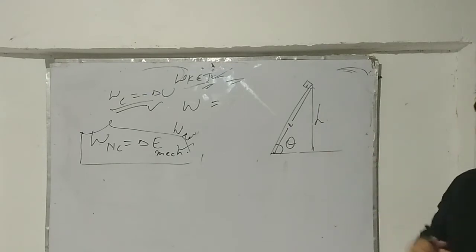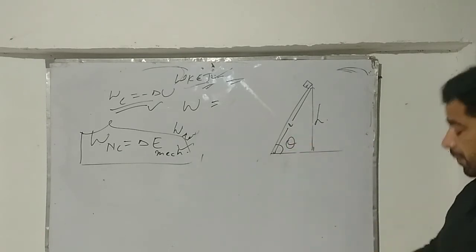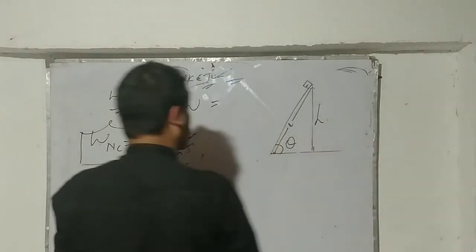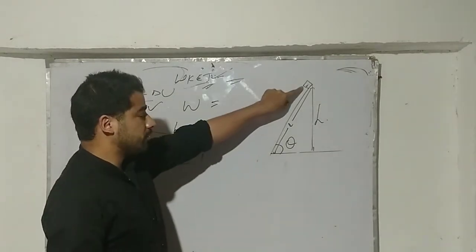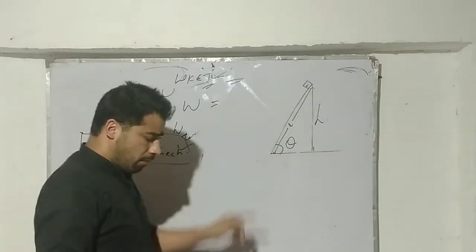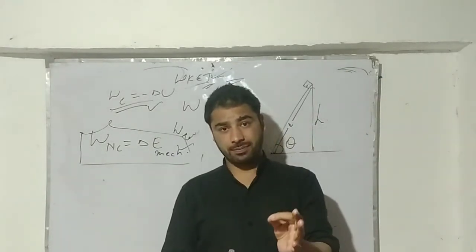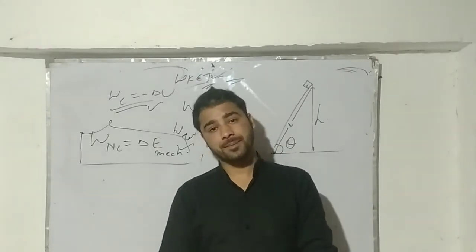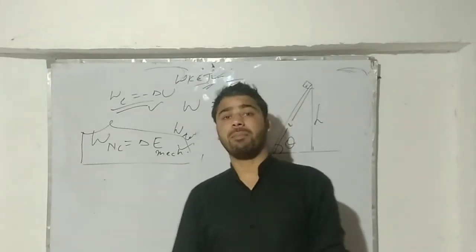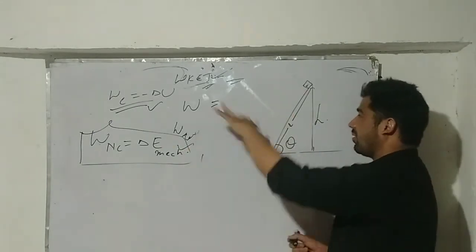Initially, the block rests at the top of the rough inclined surface. If I look at this case, I can find the speed of this block when it reaches the bottom by using Newton's laws. But that will be quite messy for us. By using the laws of motion it will be messy, because we need to integrate the equations of motion and all that.